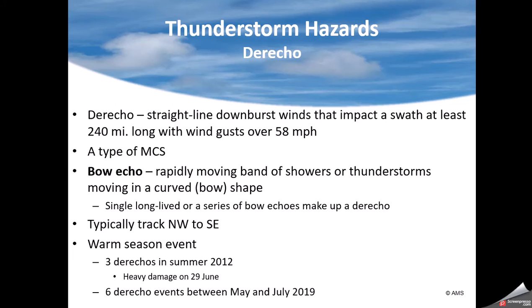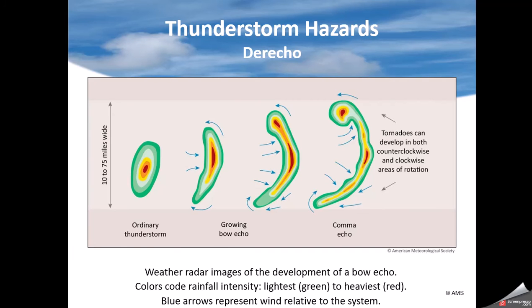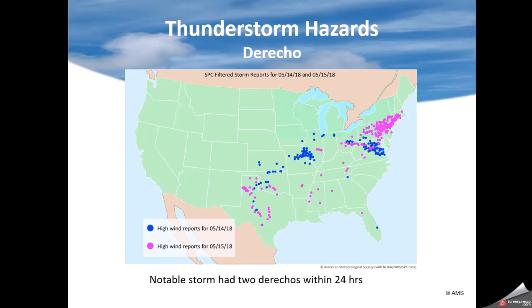Derechos are just long-lived storm echoes. They last for hours. There have been some that went through Ohio that lasted for many, many hours. Many of them formed up in the Chicago area or in the Midwest and then just tracked east. You might get them late in the afternoon, late in the evening. Some have even formed and moved on across to the southeast. This is one that occurred in 2018.